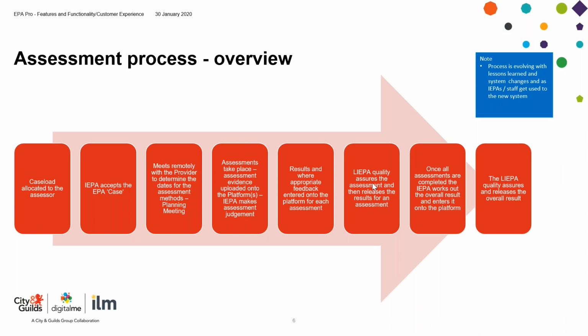Okay, we've got a question. Simon asked, is there an SLA for making the initial contact? Simon, the SLA, which we'll put into the FAQs, for making the initial contact, it's not that specific, but what we say is, from when the IEPA accepts the allocation, we'd expect a planning meeting to take place within 10 days. So that's the SLA that we have at the minute. Obviously, the answer is as soon as possible, but I think we put an upper limit on 10 days.